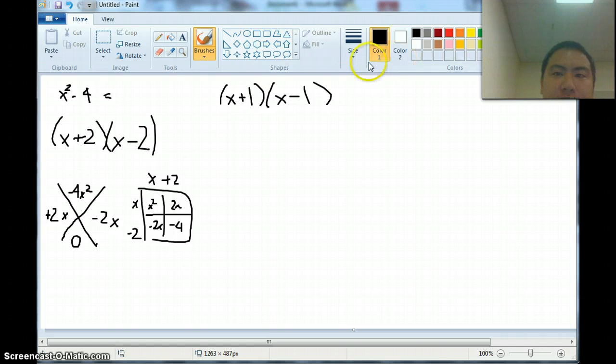Now, it's a specific type of situation where you have a squared minus b squared, and you will get a difference of squares. In other words, you have a square minus a square. So that gives you this sort of situation. You will always take a plus b